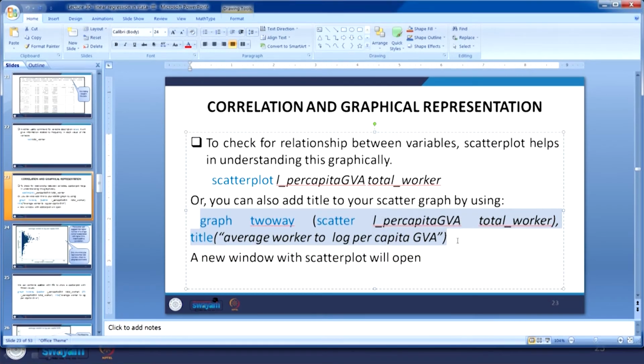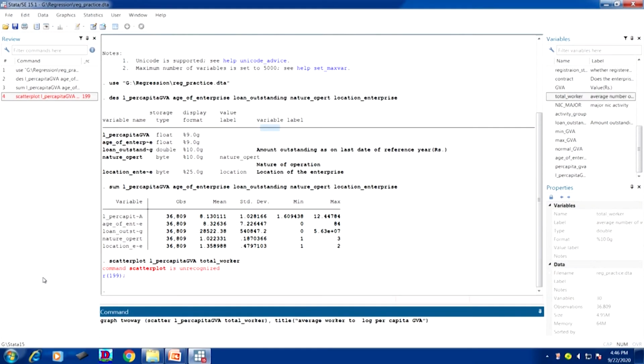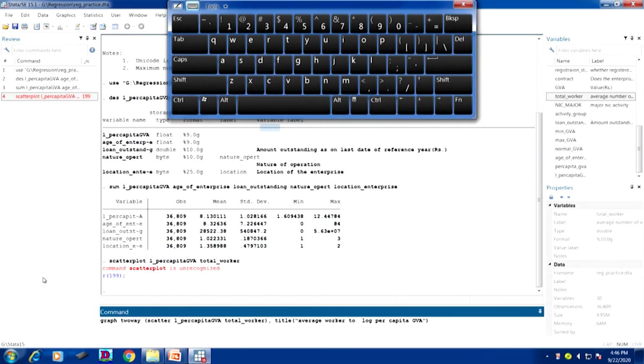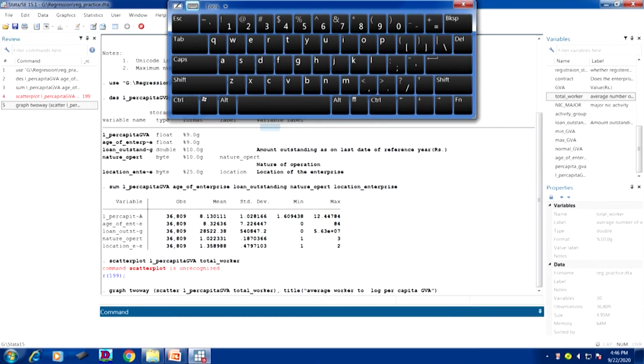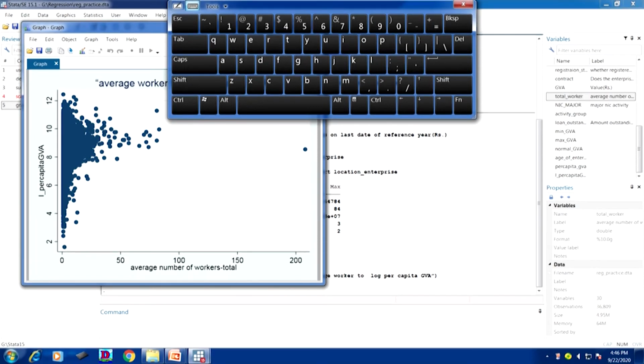So, we will copy it and paste it in the Stata window. Once I paste it and enter the command, it will certainly give us the right direction, and the result is to come. I think it is calculating, estimating. Yes, we have got the graph.